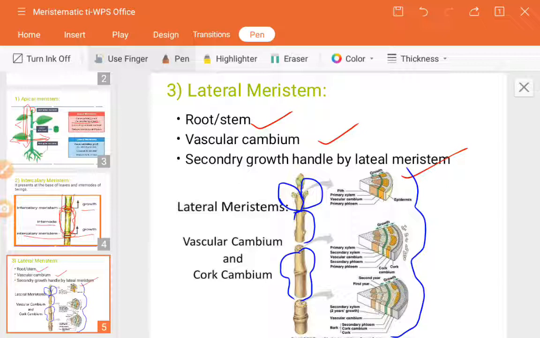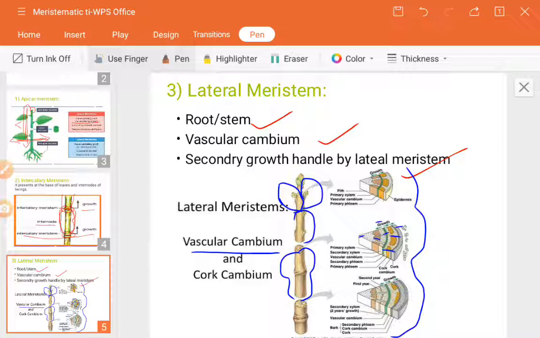So now what is meant by the vascular cambium? Cambium is nothing but where the growth actually takes place, guys. Cambium is present wherever the layers appear. You can see, guys, here are some layers of tissues, so those are nothing but the cambiums. Tissue layers are called a cambium. So vascular cambium is nothing but a tissue layer present between the xylem and phloem.